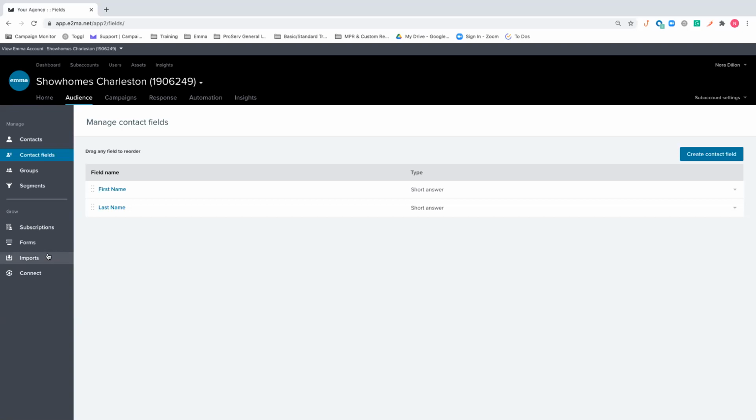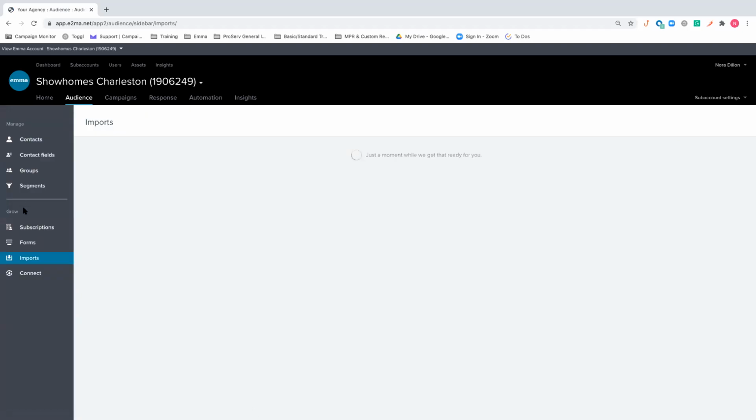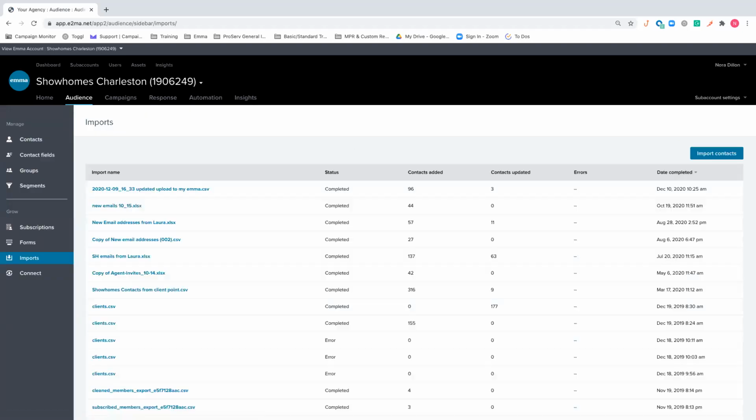But then also that way we have some contact fields to play around with in the segment builder. So imports is going to be more under the growth because of course this has to do with our audience management. So when we jump in here, we've already got some completed, but if you need to add some new contacts, which I'm just going to add some test contacts that I can remove later,